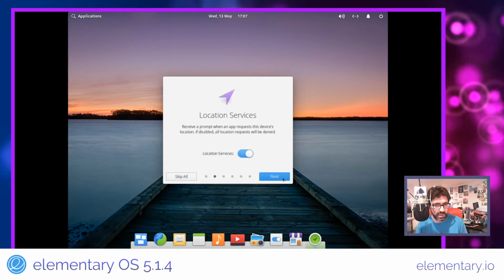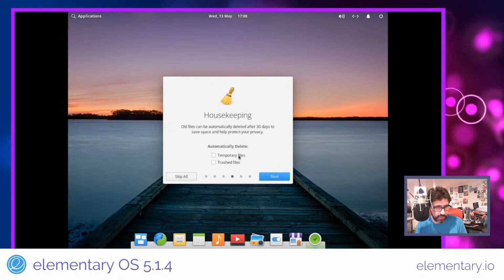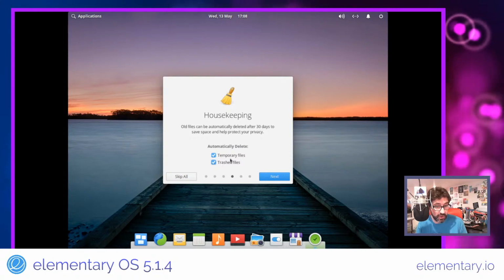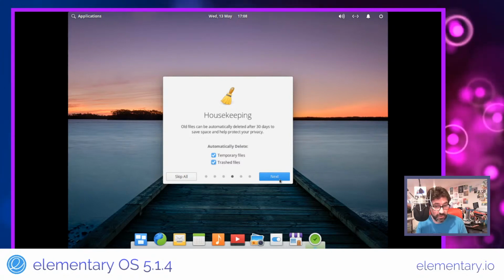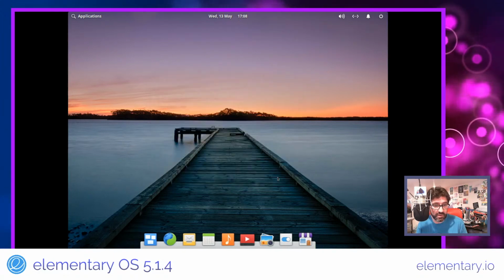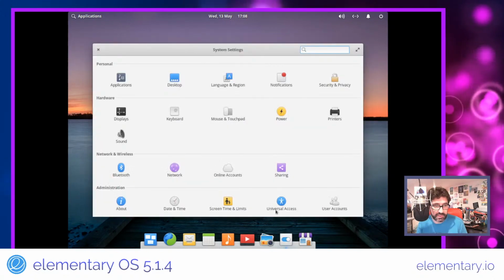We'll just say yes to all of those. Don't need to run Nightlight for now, but normally you would. Well, it's advisable to anyway. Let's do the temporary files and trashed files, and we'll get started. Okay, so the first thing I'm going to do is come into the display settings